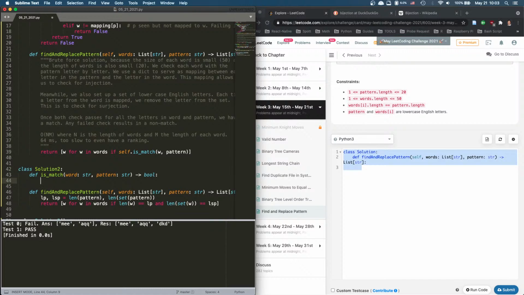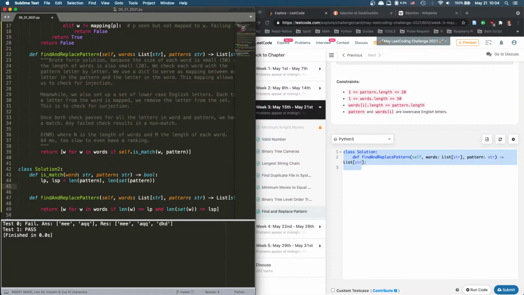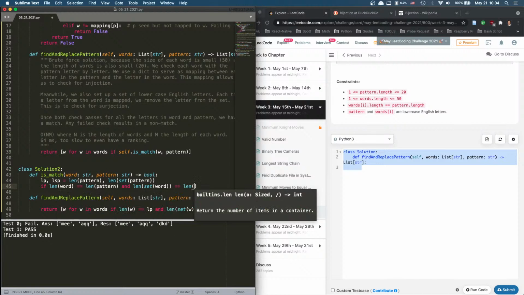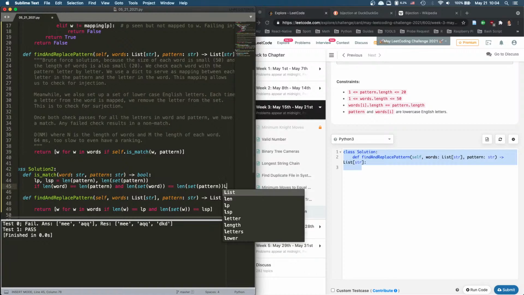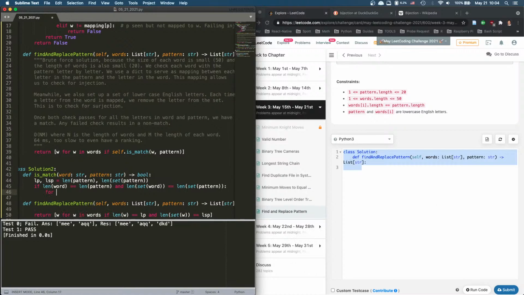We're going to say, right, I'm going to be here, and just say if len(word) is equal to len(pattern) and len(set(word)) equal to len(set(pattern)), then we check and we say for w, p in zip(word, pattern),